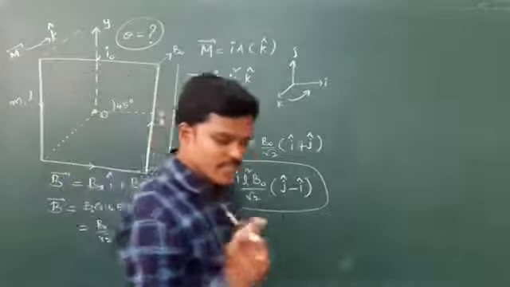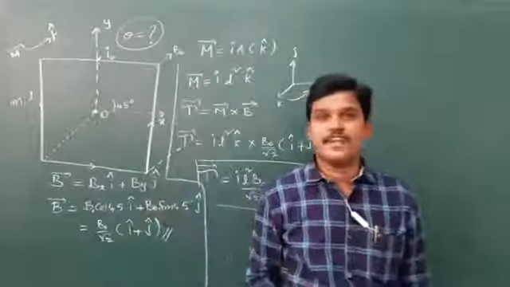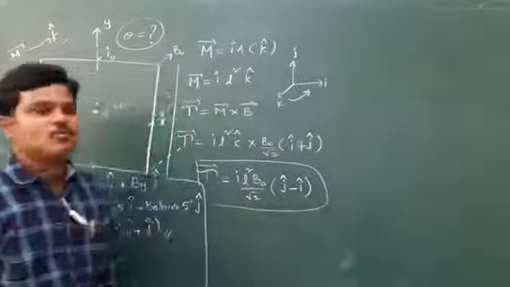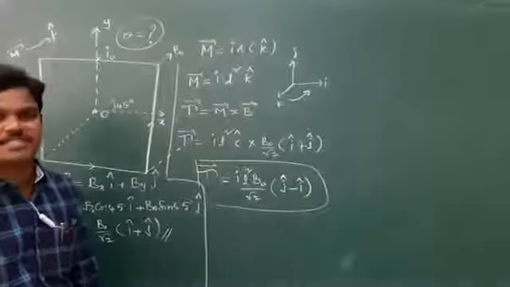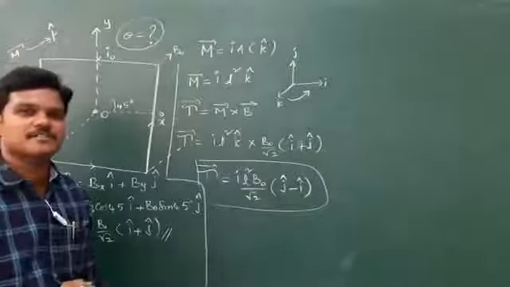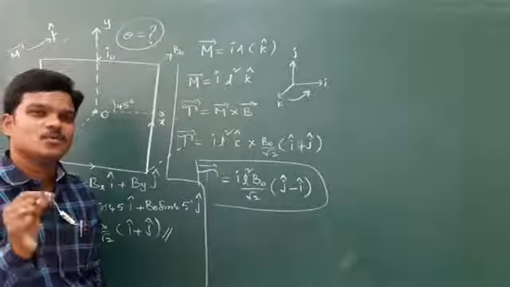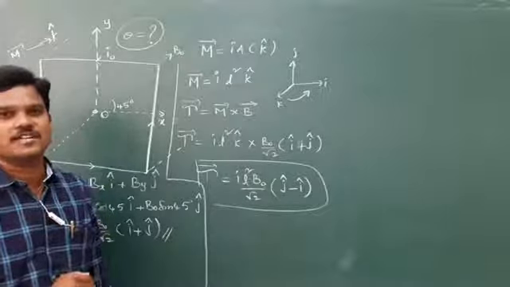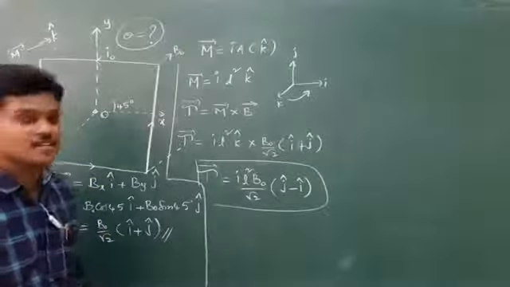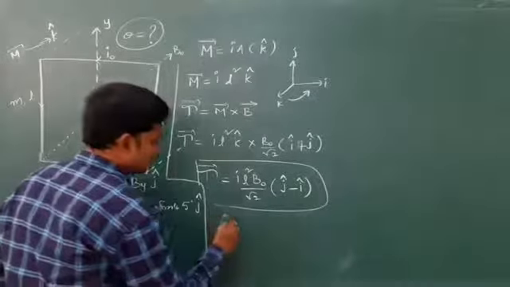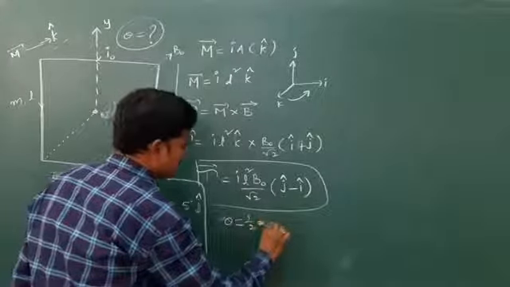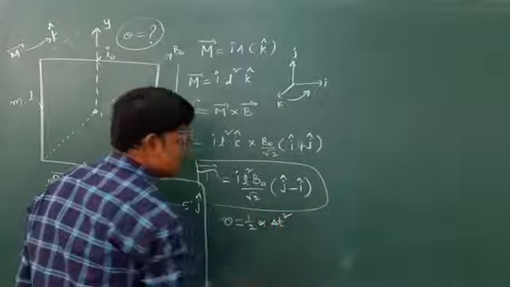Okay, the angle rotated by the square frame, theta, we can write it as follows. The frame starts from rest, so theta is equal to omega naught t plus half alpha t square. Omega naught is 0, since initially the frame is at rest. So theta is nothing but half alpha delta t square.